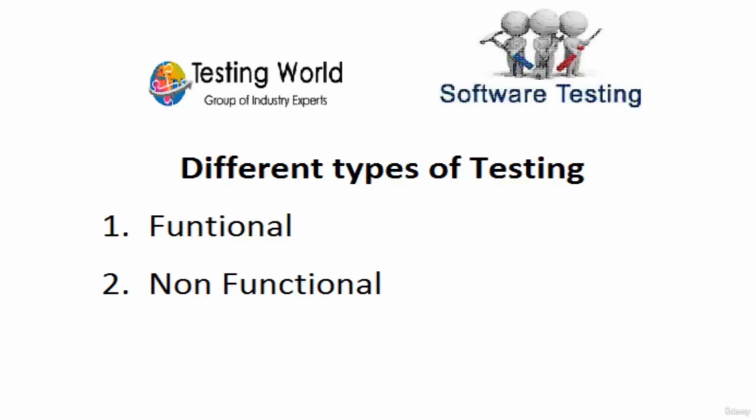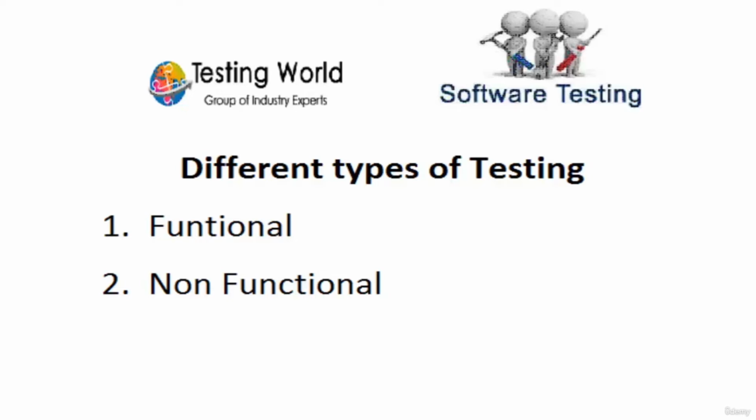Functional testing is where we are checking the functionality of the application. We take an example of Gmail. There is one functionality of login, another functionality of registration, then we have a third functionality of email send, and a fourth functionality where we can chat with someone else. So we have a lot of functionality in our application, and when we are testing our application for its functionality, that